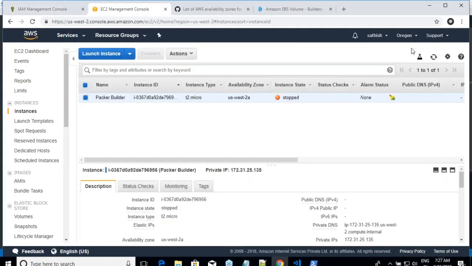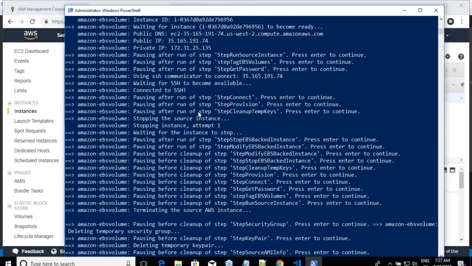It has created a temporary key value pair. It is deleting that, right? And then it says that basically this is what I have done. EBS volumes were created, right? Okay, let us see.